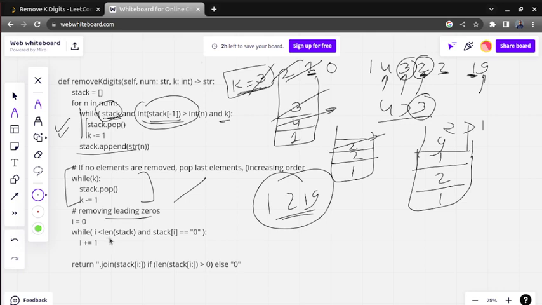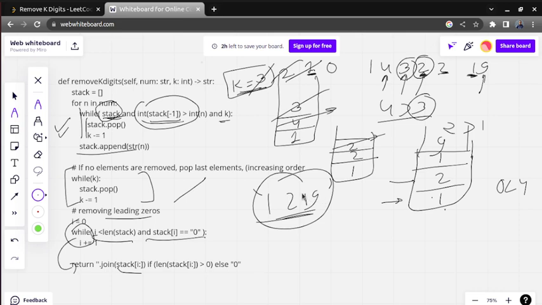So in the stack, it is going to check whether the length is greater than 0. That is correct. So i is 0, which is less than 4. So it will check whether the element is equal to 0. Are we getting an element equal to 0? No, this is not true, so we will come out of this while loop and directly return the solution. The i value will be 0 only, so it will return from start to end.